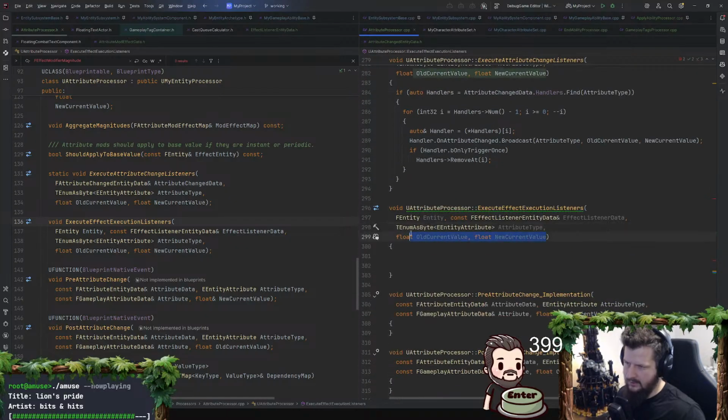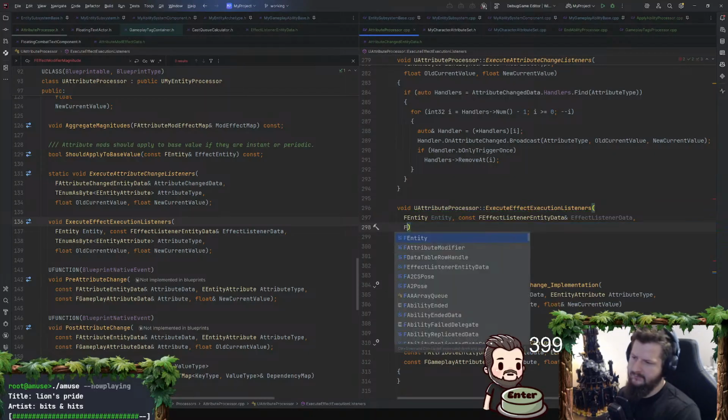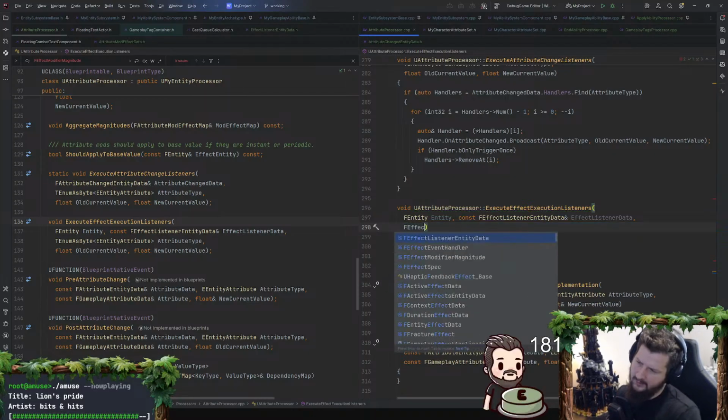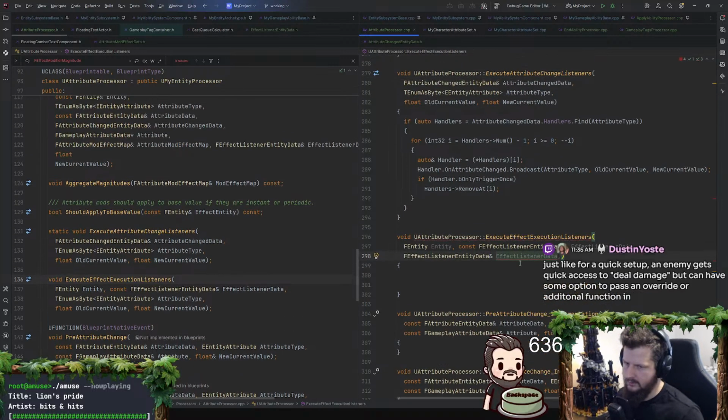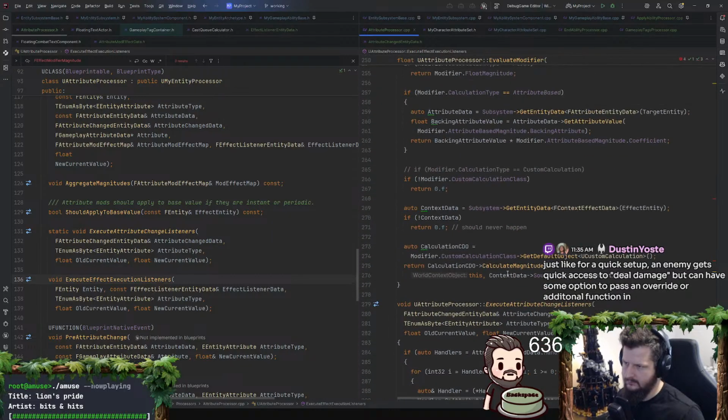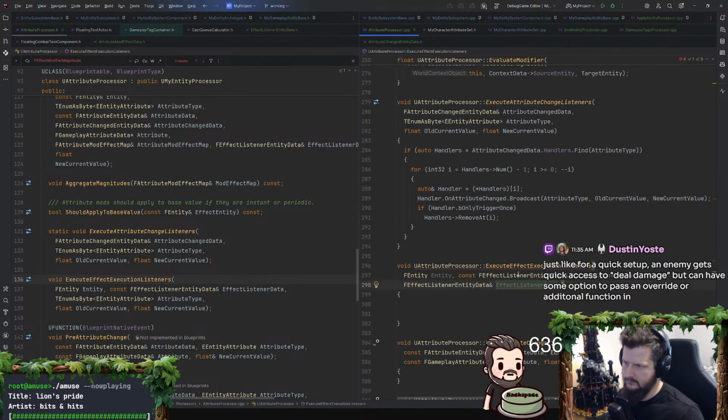Yeah, this is not what I need. I need the effect listener entity data. Effect listener data, good. I did, oh yeah, I have to remove it if it's only trigger once here, I think, yeah.